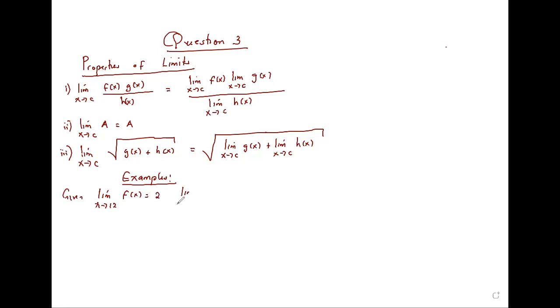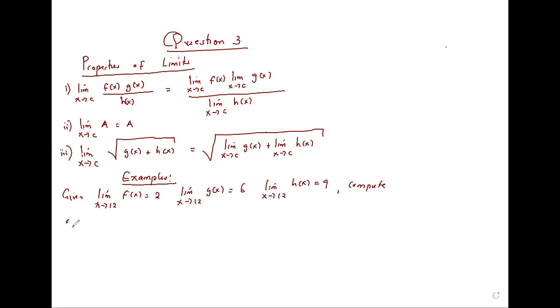The limit as x goes to 12 of g of x is equal to 6. And that the limit as x goes to 12 of h of x is equal to 9. Then you're saying compute